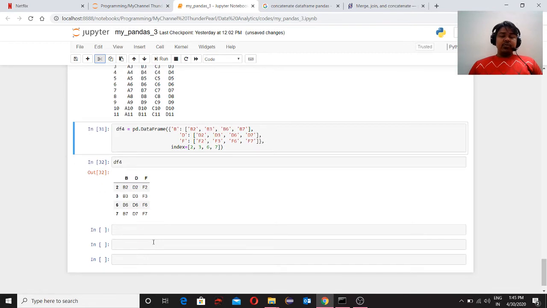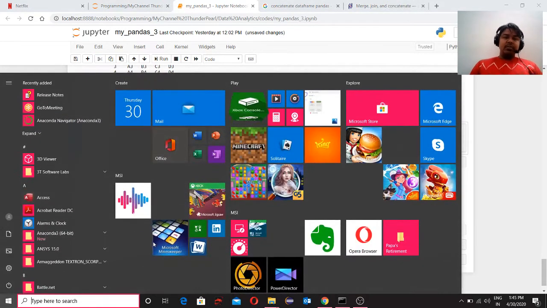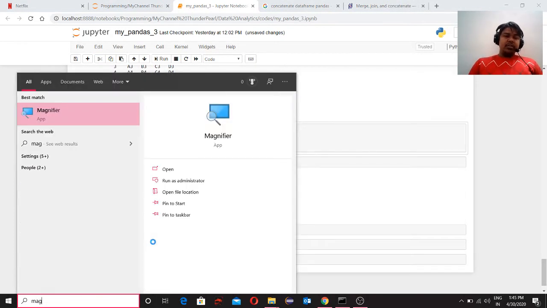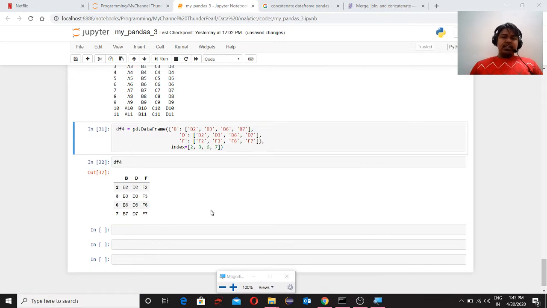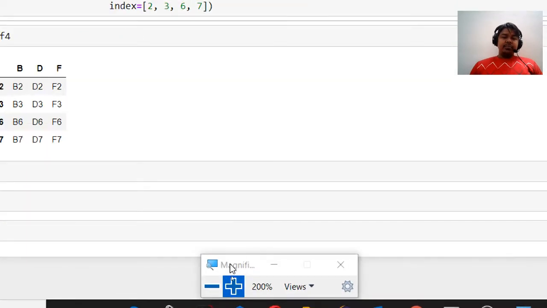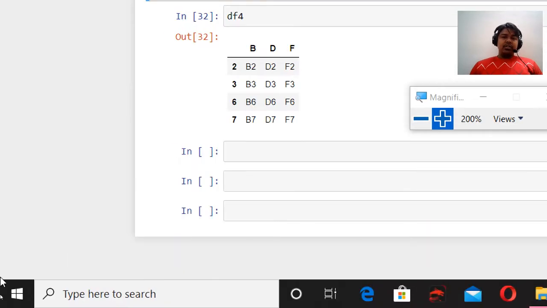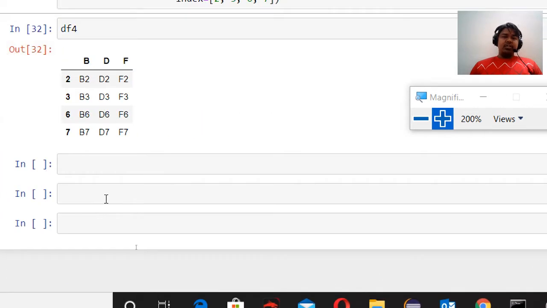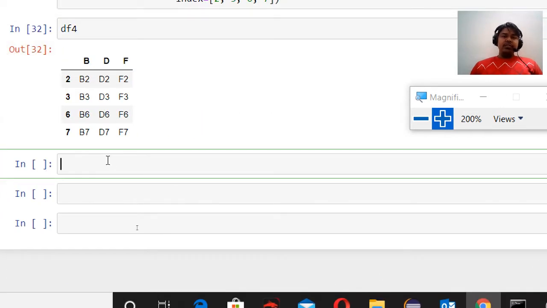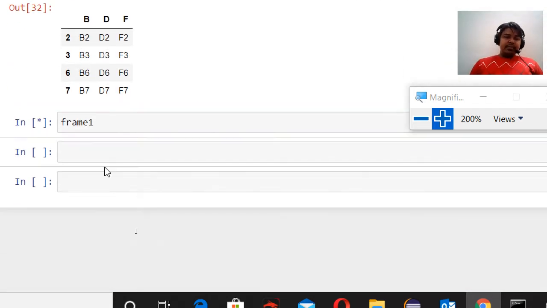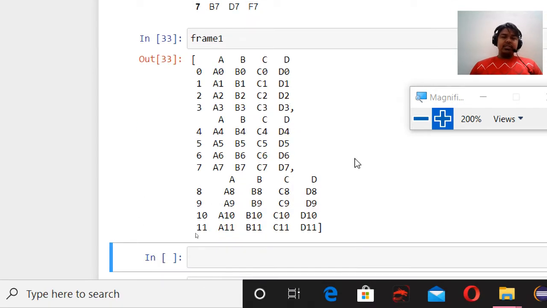So moving forward, we'll be working on some more things with the concatenation part, and we'll see what other things we can do. We have a frames list which holds all these data frames, as you can see over here.